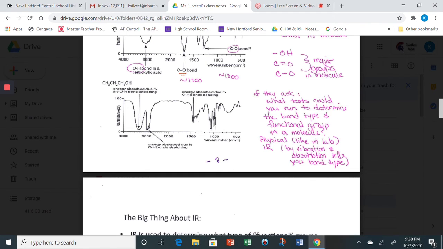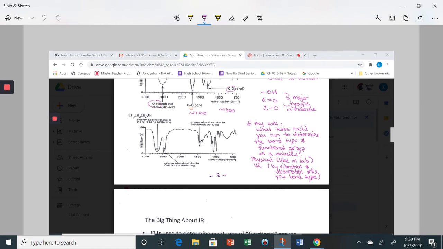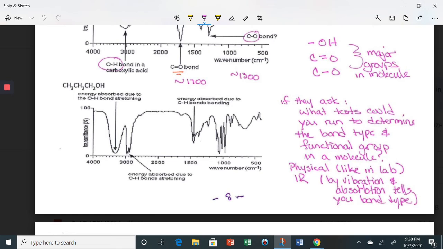But what you do is you measure how much energy gets transmitted through. Now, are you going to need to know that that's actually what you measure? No, not really. What you need to know is that it tells you structure. By measuring this transmittance of energy,